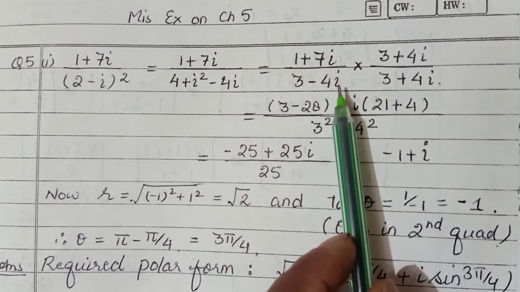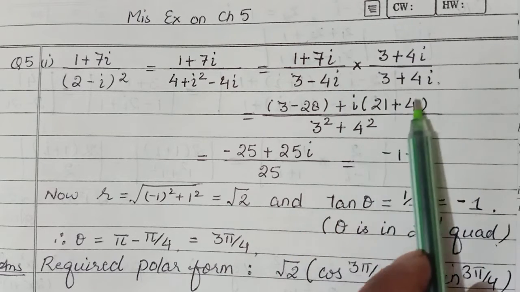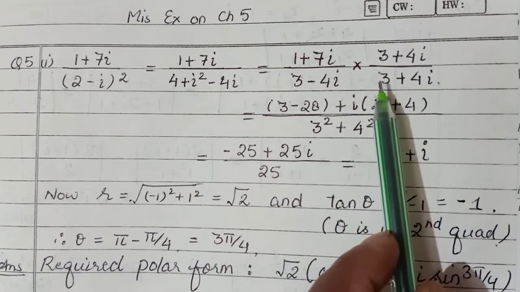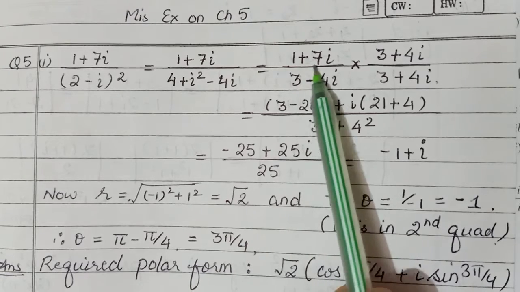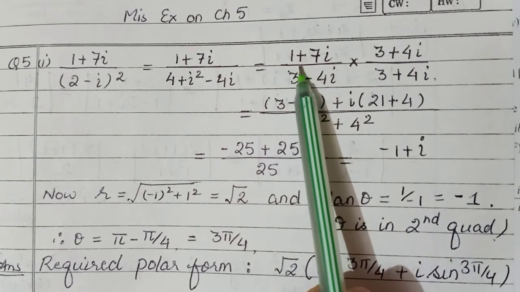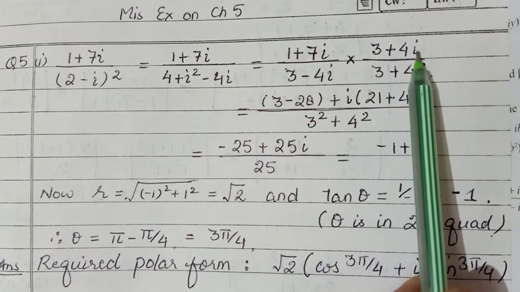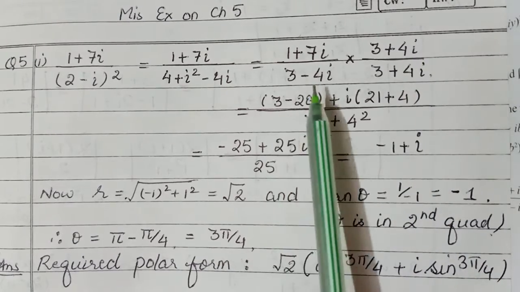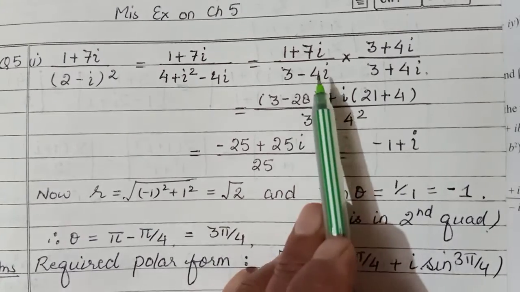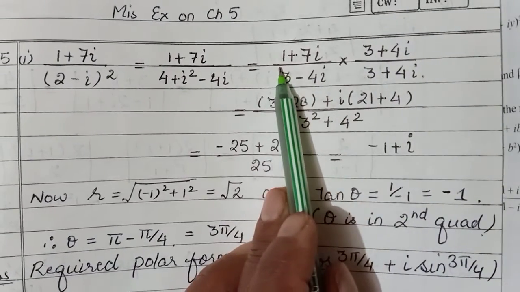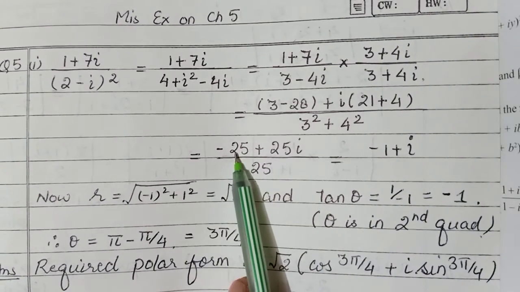And then naturally what is the next thing we do? We multiply by the conjugate of what we have in the denominator, to remove the complex part from here. So the conjugate is multiplied in numerator as well as denominator. Now we are multiplying these two complex numbers. For the real part it's real into real, 3 into 1, 3, minus imaginary into imaginary, minus of 4 sevens are 28, and for the imaginary part it's 3 sevens are 21 and 1 into 4, so 21 plus 4. So this becomes 25, this becomes minus 25.